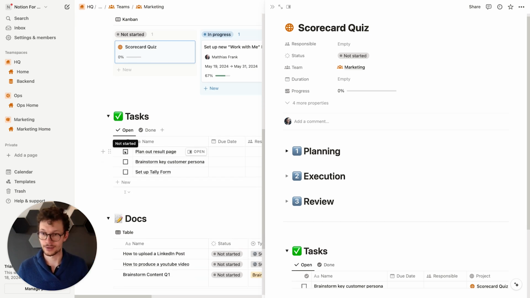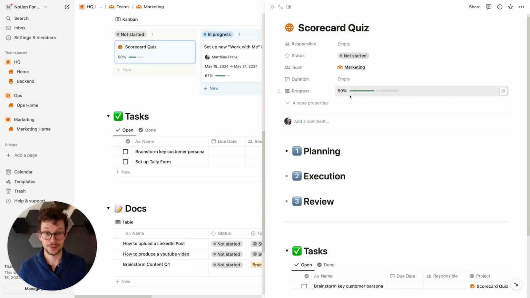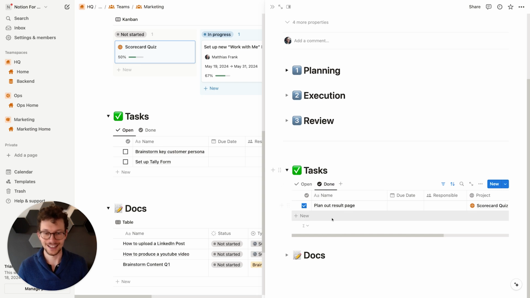If I check something off here, plan out result page, we see this jumps to 50% progress. One of the tasks that appears here is now done. Everything is really now coming together as this amazing app, thanks to the combination of our backend data that we set up in the very beginning, where it still was quite dry, but now by using this front-end UI to make it really